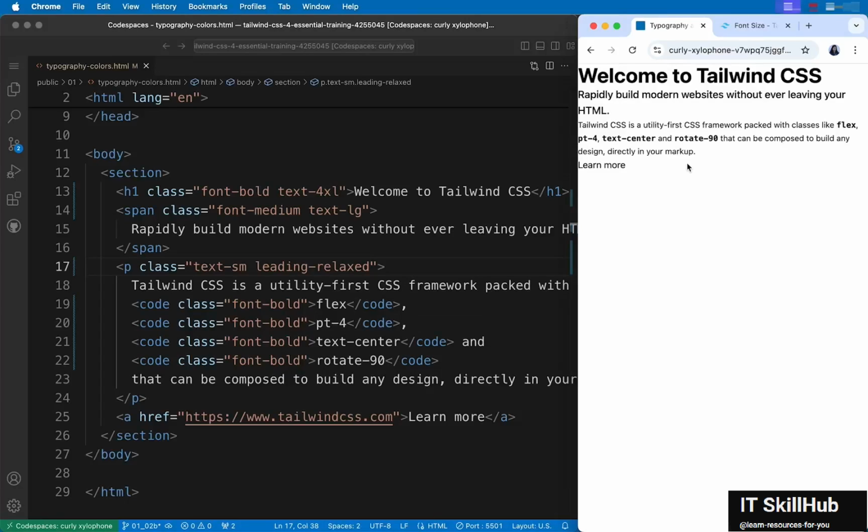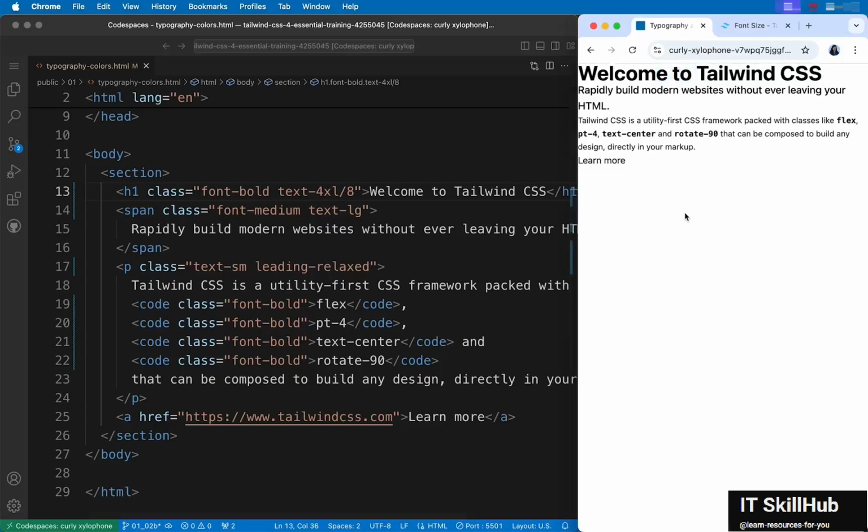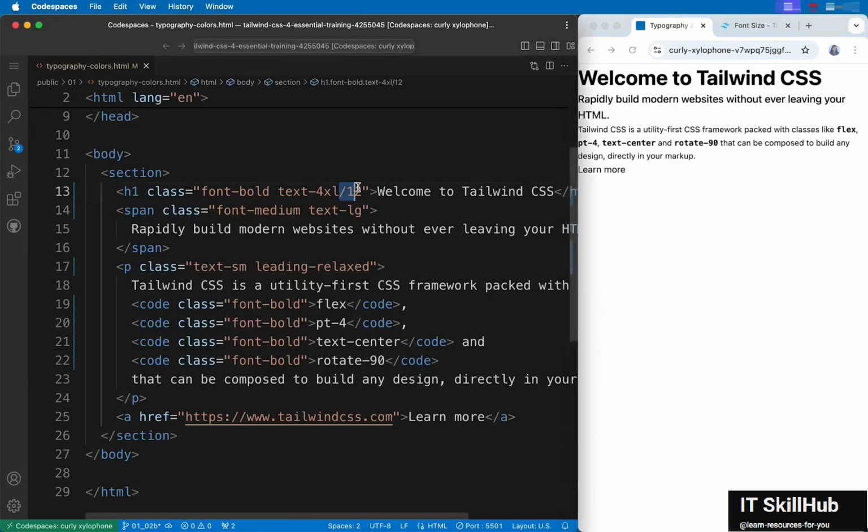You might notice that there's a slight difference in the line height right now. And if you like to add a line height to the heading, since it already has a text size utility class, you can append the line height right here by using a slash and giving it a word like tight, snug, normal, or you can even add a number here if you'd like to do that. Like let's say let's add 8 and see what happens. Refresh. That became a little smaller, so probably let's add 12. Refresh. So yeah, this looks good. So this will save you from adding another additional class like leading. So whenever you have a font size, you can append the line height right next to it.